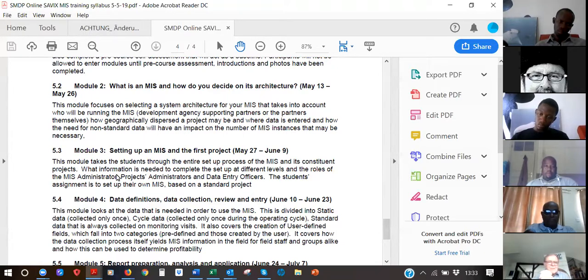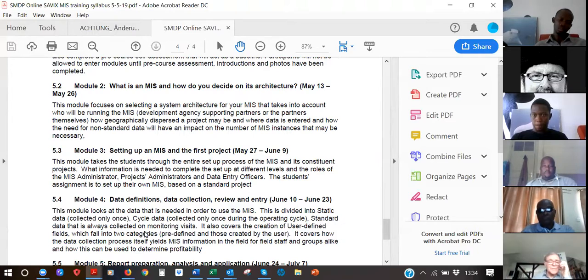You'll all be setting up the same one with slightly different identifying characteristics, but basically the same MIS. And we'll be going through how you set up the MIS, how you create projects, and how you enter the names of the trainers who are working in the project,